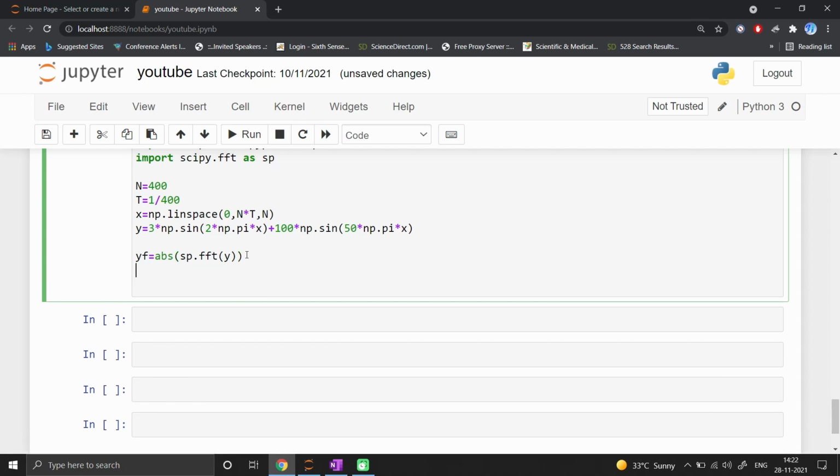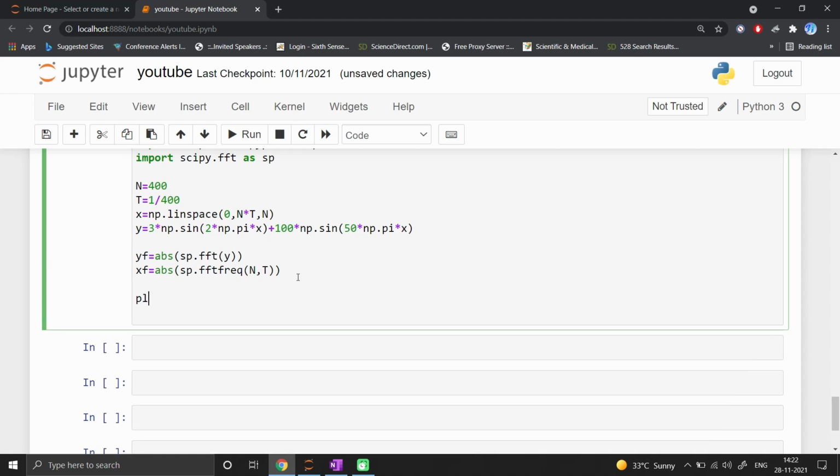And xf is equal to, in the same way, I will generate my frequency. My frequency is equal to sp.fftfreq, with n, the number of divisions, and the time step t equal to 1 by 400.